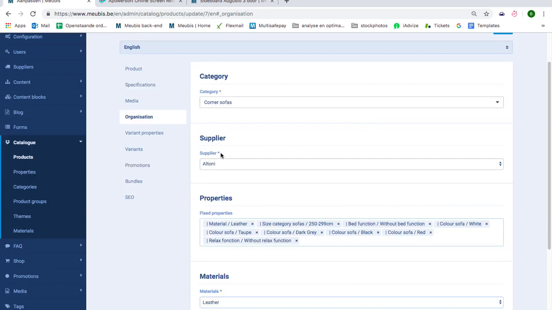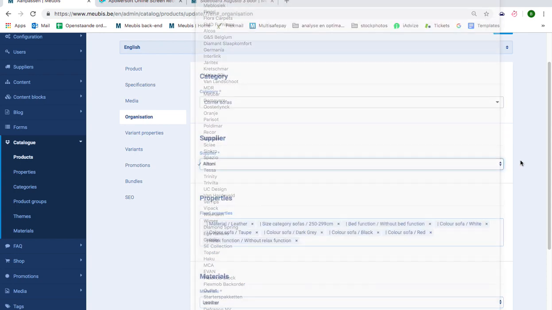The supplier, this is also very important because depending on this supplier, the delivery time will be different. This one is delivered by Altoni. He has a certain delivery period, which will be automatically displayed on our website. So you have to choose a category from a drop-down menu, and choose a supplier from the drop-down menu,